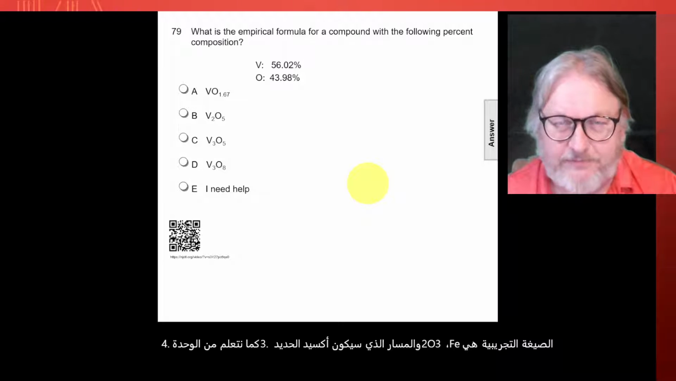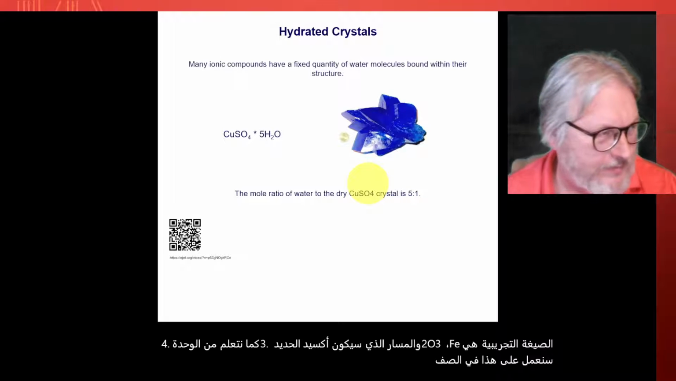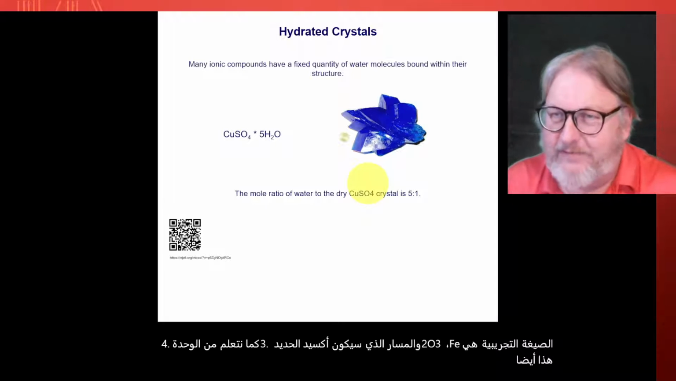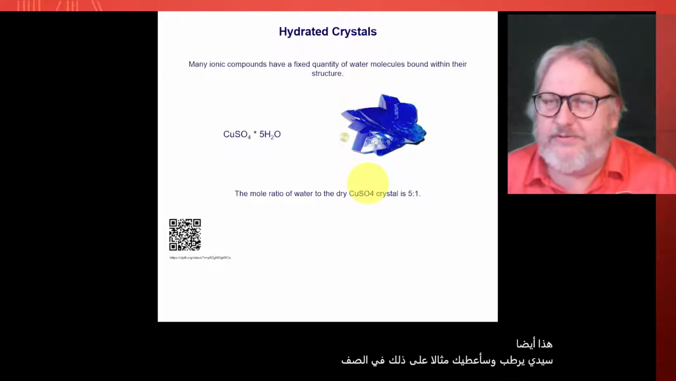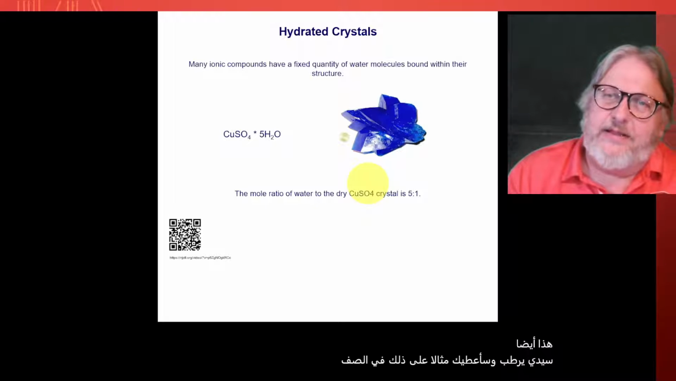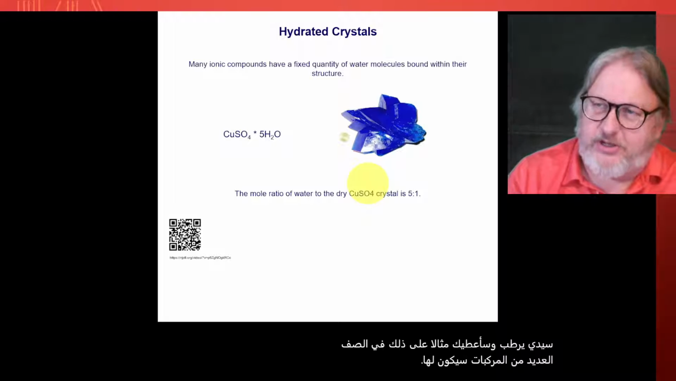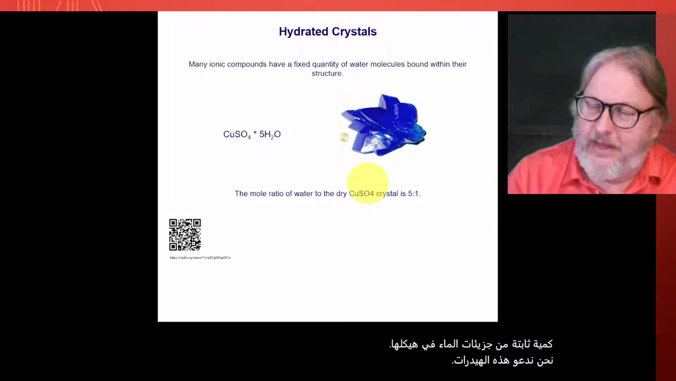We'll work this out in class. That too. So, hydrates. And I'll give you an example of this in class. Many ionic compounds will have a fixed quantity of water molecules in their structure. We call these hydrates. And the formula, and this is copper sulfate,